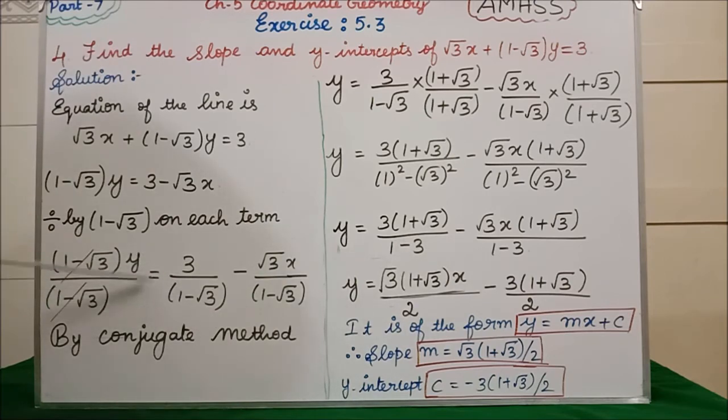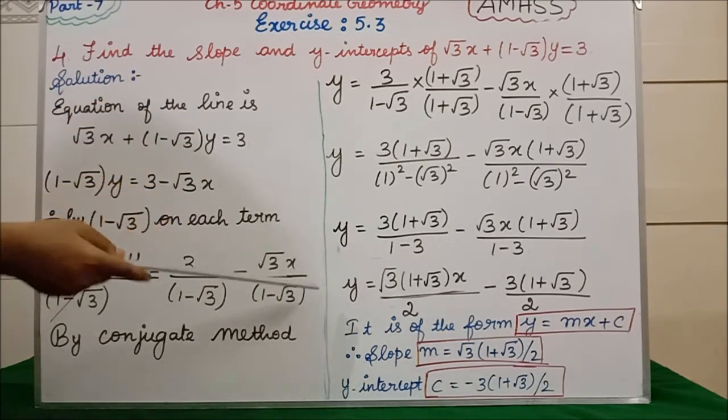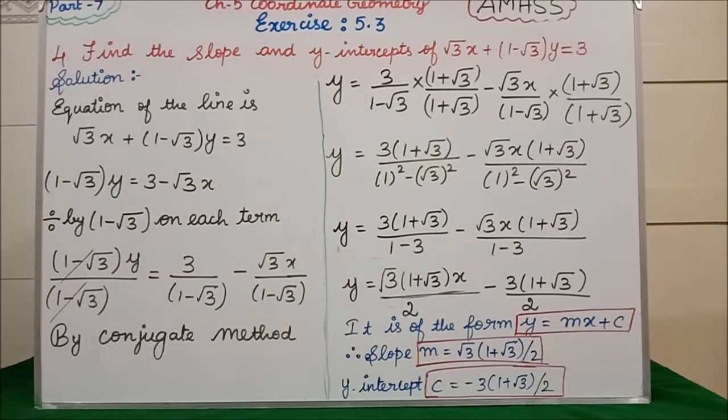Next, for this we have done the conjugate. For this also we have to do the conjugate. Root 3 x divided by 1 minus root 3, into 1 plus root 3 divided by 1 plus root 3. We are doing the conjugate. After doing the conjugate, see the denominator. In what form does it look? a minus b, a plus b, isn't it? See here, a minus b, a plus b we have in the denominator. So a minus b, a plus b means what formula?